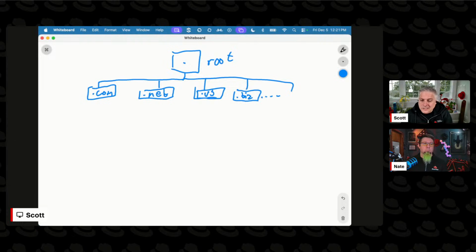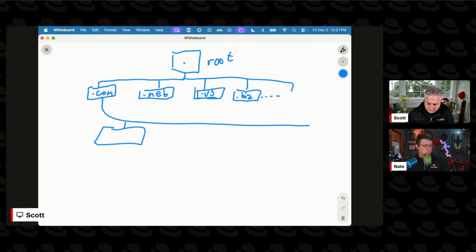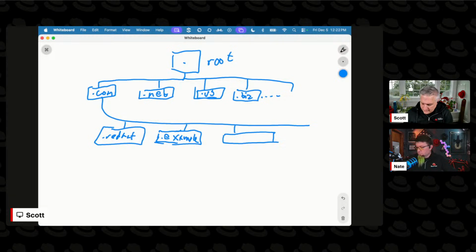And then out here under all these domain extensions, there's subdomains. Right, and so on. And underneath the subdomains are records.